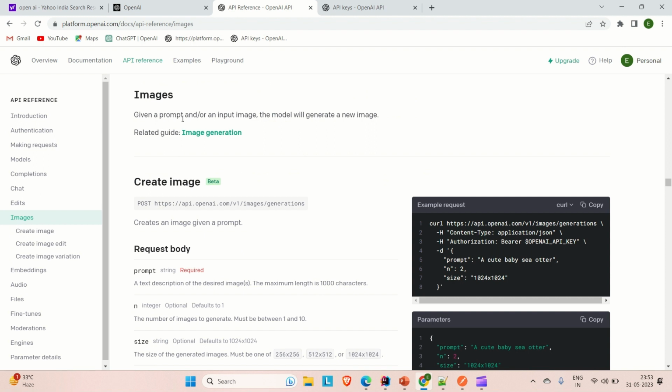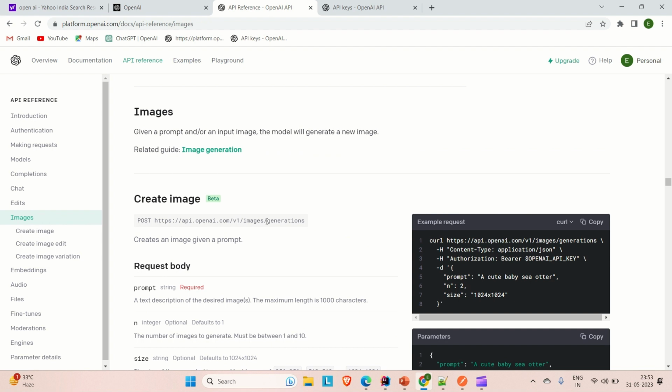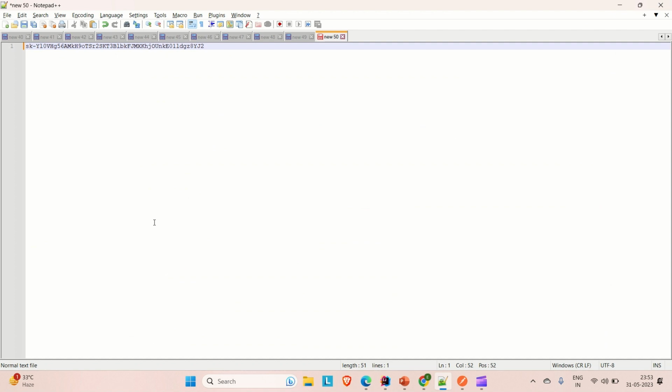Given a prompt and or an input image, the model will generate a new image. So based upon the prompt or the statement that you are going to give to the chatbot, to the image generator bot, it will try to generate the image for you. So you can see this create image. This is the API that we are going to integrate. So this is a POST API. Make sure you remember this. So copy this API and let me keep it here in the notepad,